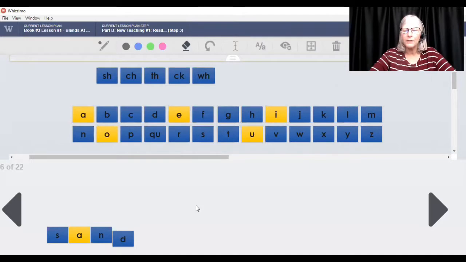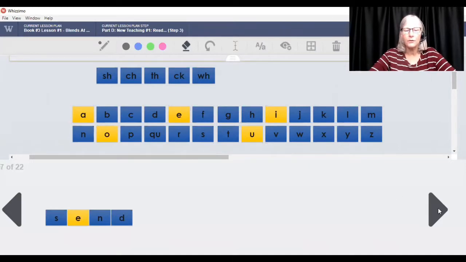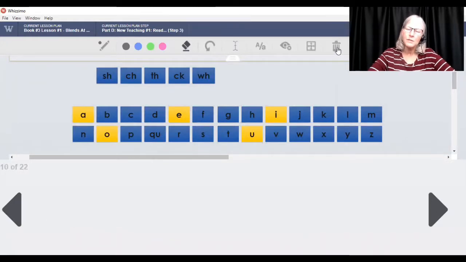I would have them follow the same procedure while reading a series of words, and then move on to have them do some spelling. Before they spell a word, I would ask them to repeat it. Like if I wanted them to spell the word mast, I might ask them to repeat mast, break that word onto their hand, each sound onto their fingers, m, a, s, t, and then bring down the tiles to spell that word,